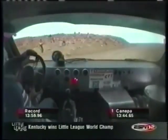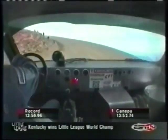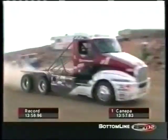Look at that. Boy, he is sliding that thing around. This is going to be the summit or bust. You are on board with Bruce Canepa. You can see the fans out there all cheering him on, hands in the air. Tandem axle record, 13:59. Is he going to make it? The finish line just around the corner. The clock is running. He is sliding it all the way to the edge. And does he get it? Overheating and all, yes. 13:57.83. Let's go to...